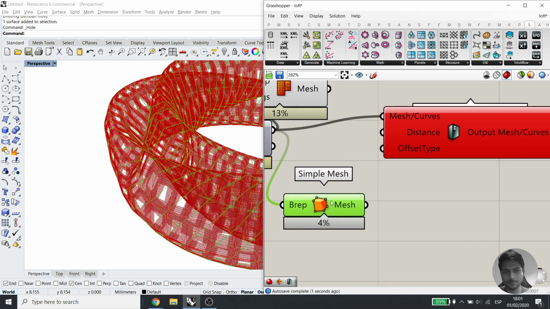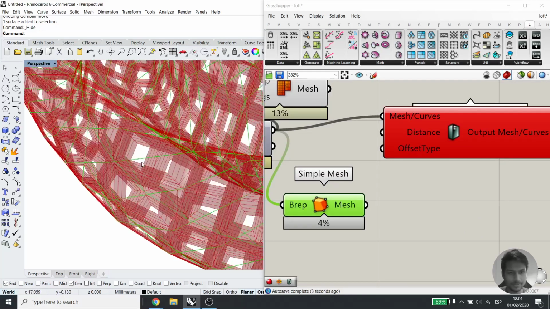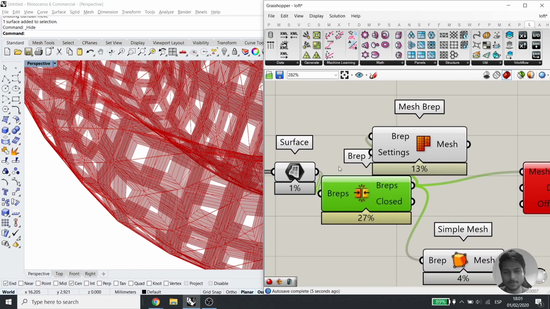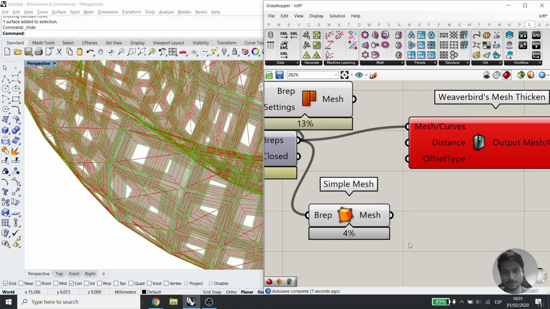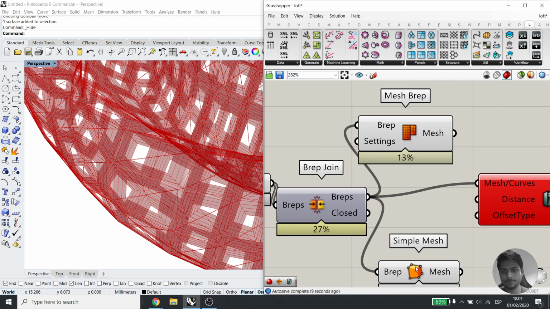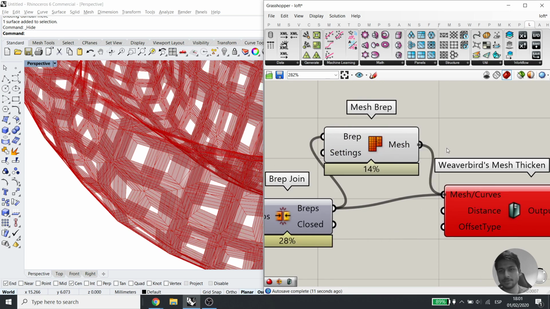I'm just trying a few things. Okay, so it's not generating the simple mesh as I was expecting it to. However, it is doing it here, so let's maybe try